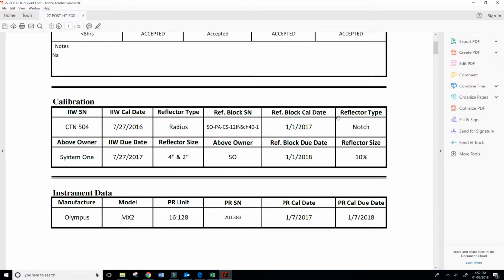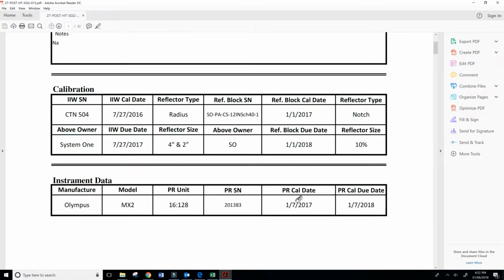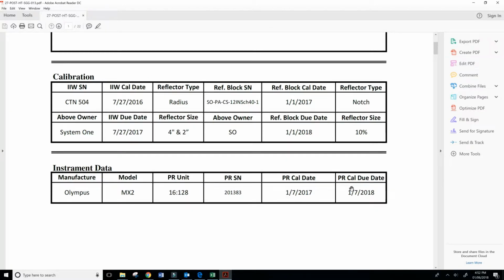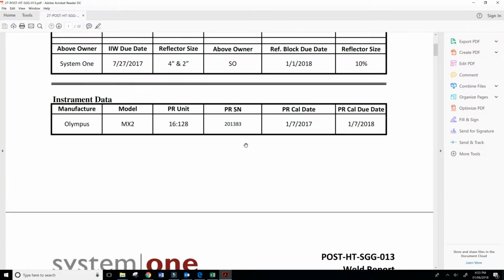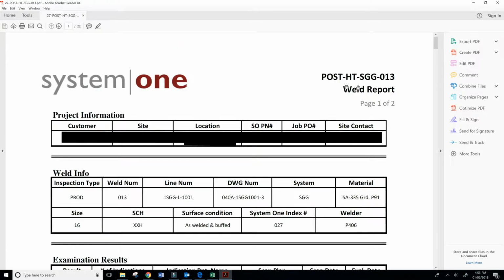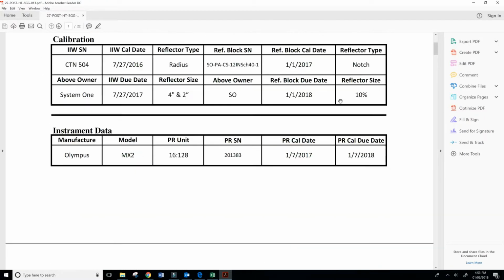And one thing I've had to incorporate into this is everything that's not incorporated into the Olympus auto-generated report. So here I have my cal blocks. I have my calibration due date, which Olympus took out of their software, which hurts. I know there was a thing about the frequency of calibration and when the due date was. It's really sad. I wish they could have put something else in there, like a frequency button as well as a date calibrated button. So now I have to incorporate extra stuff into my weld report that's not captured in my